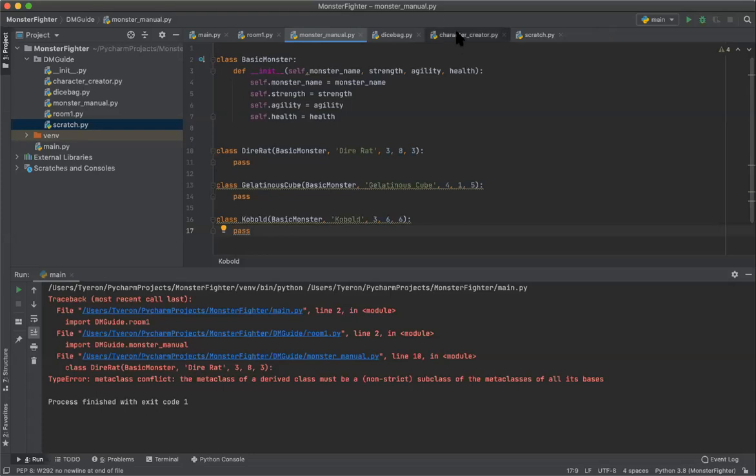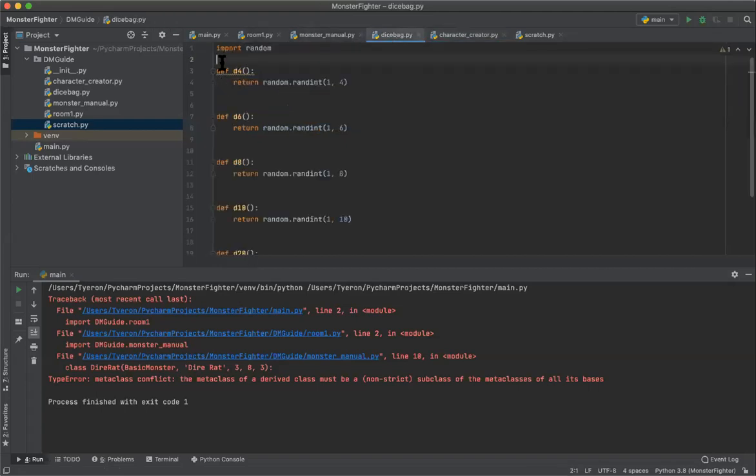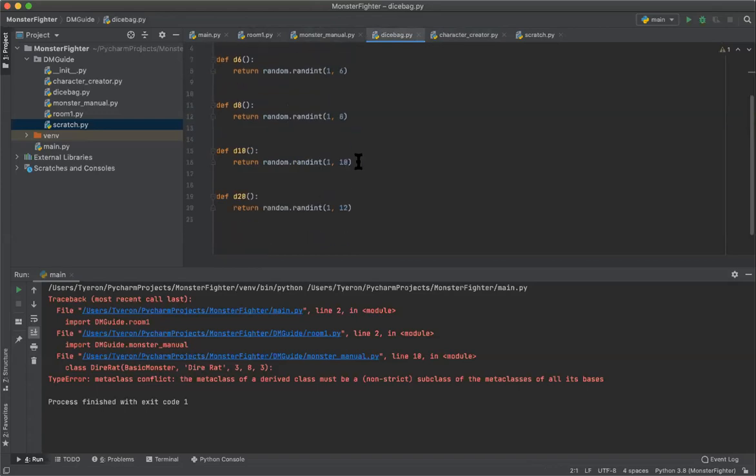So we go over here to the character creator. When we call this, it calls the function d10 right here for each of these. That's going to randomly generate that value based on what we have in the dice bag. So here is our dice bag for d10 right here. It's able to generate a random int between 1 and 10. Okay. I should probably set it to 2 to 10 because usually a fairly